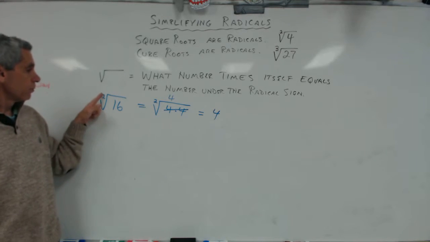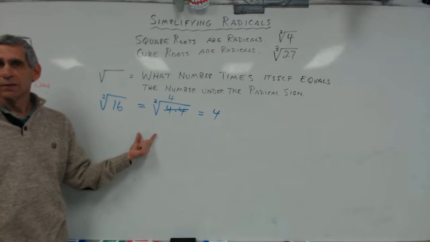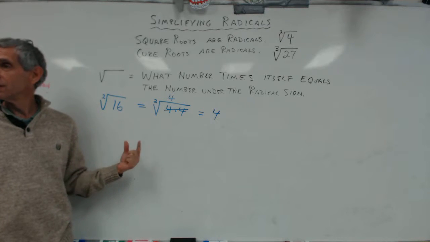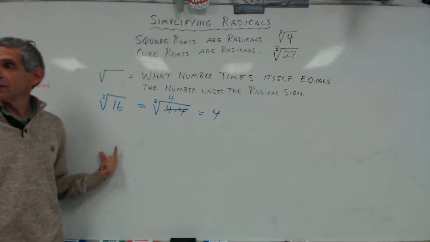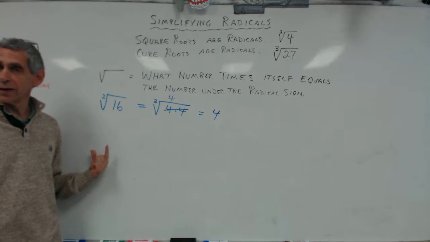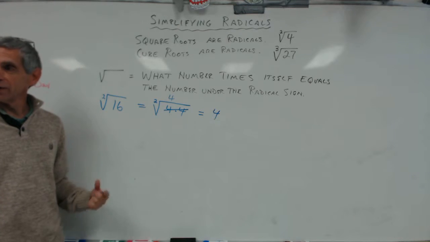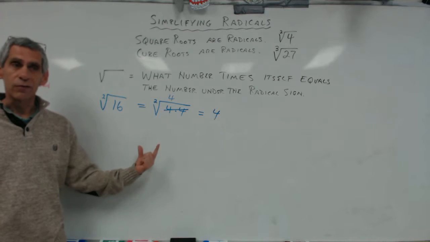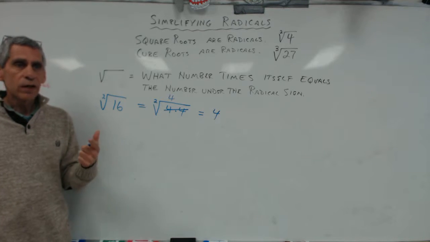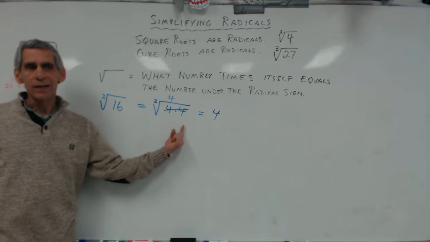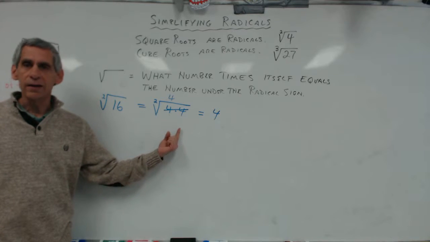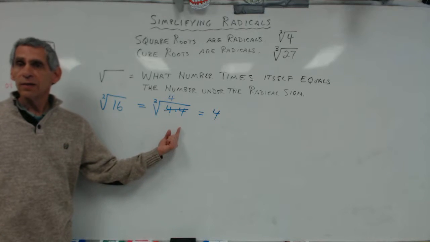Most of us are going to go: square root of 16 is 4. Square root of 25 is 5. Square root of 81 is 9. Square root of 100 is 10. Square root of 144 is 12, right? You guys know that. The reason I'm going into this detail, you'll see why in just a few minutes, because